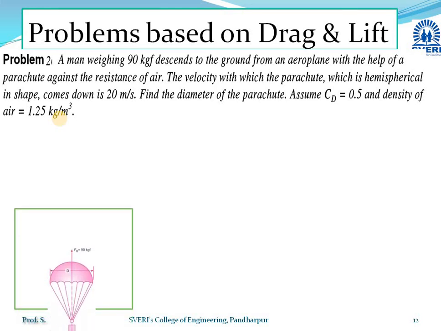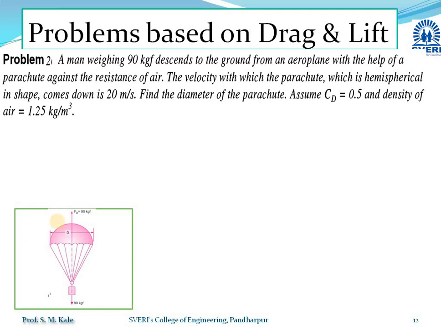So here, suppose this is a man whose weight is 90 kg force. This is the parachute, which is hemispherical in shape. As that parachute descends in the vertically downward direction, whatever surrounding air is there will be considered as stationary air, and as the parachute is moving vertically downward with a speed of 20 meter per second, the drag force, which means the force in the direction of motion,